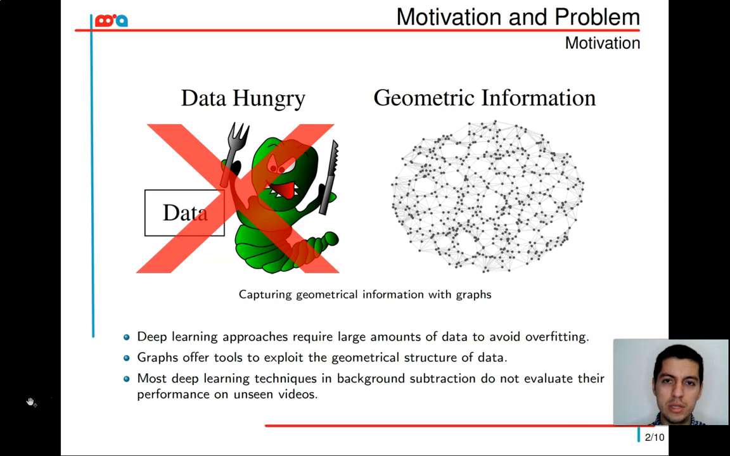For example, deep learning, as you know, this kind of method requires a lot of label information to avoid overfitting. Then in this paper, the main idea is to use the geometrical information that we have in some databases to effectively reduce the number of labels that we need. And we are going to accomplish this objective using graph signal processing, and we are going to solve the problem of background